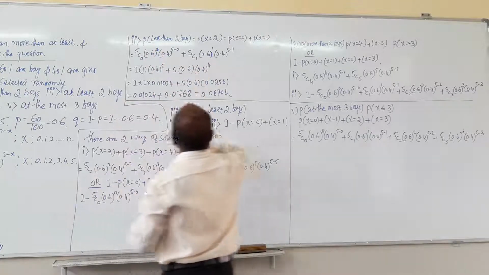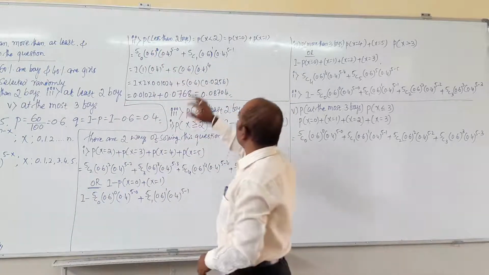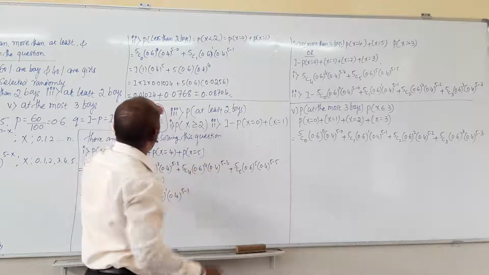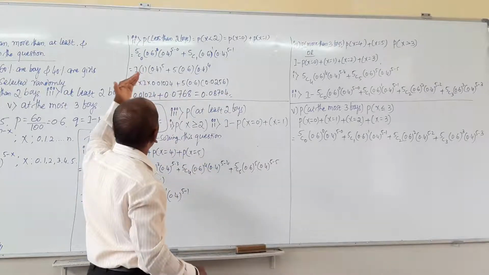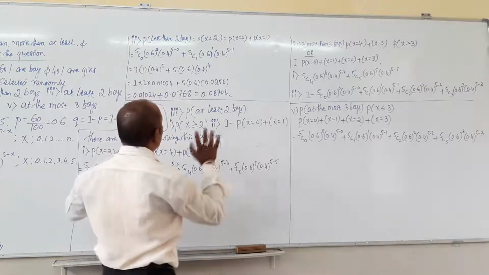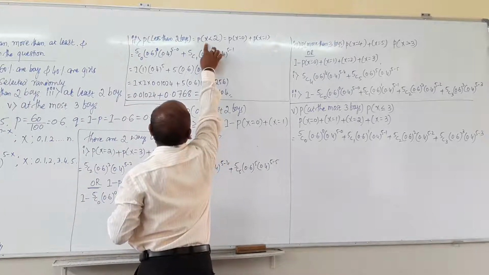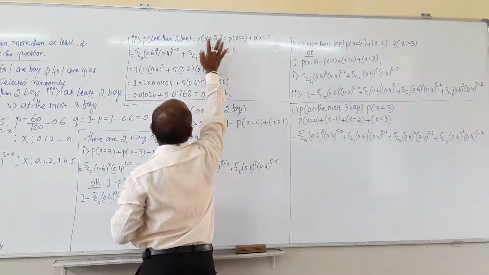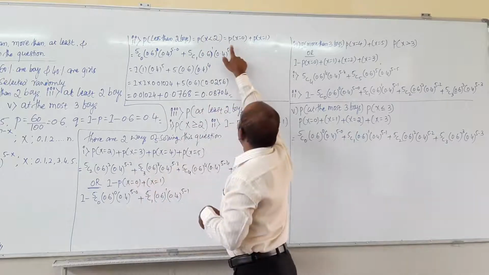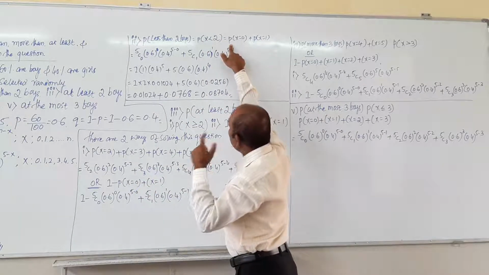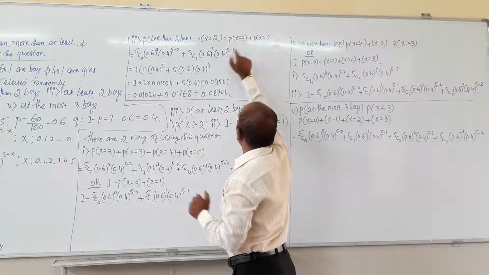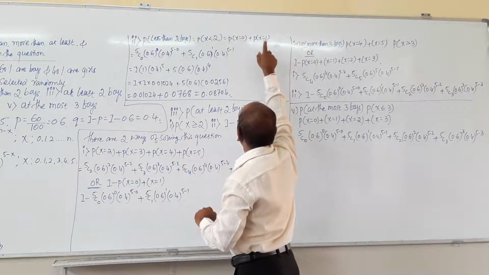When less than 2 boys are selected, what is the result? So how do we calculate when they ask for less than 2 boys? Then the value of x must be less than 2. It means you have to put x values, x equal to 0, then x equal to 1 in the formula.